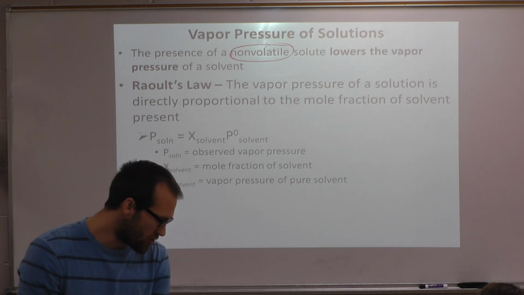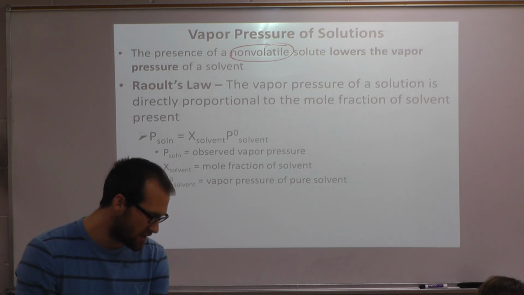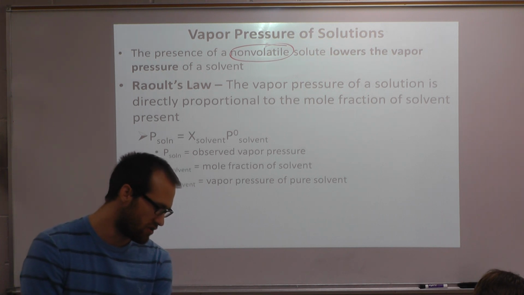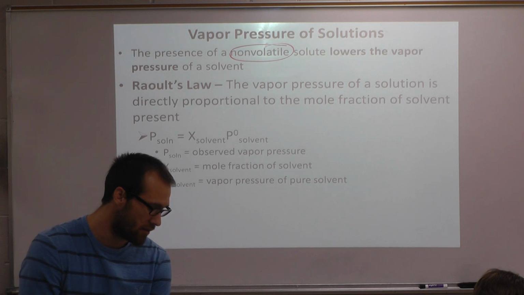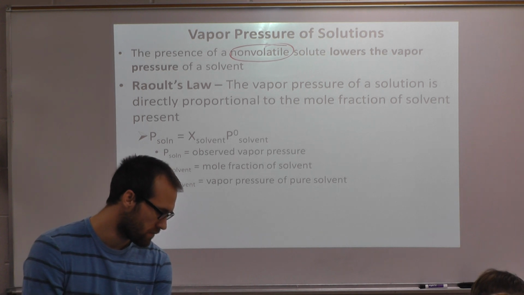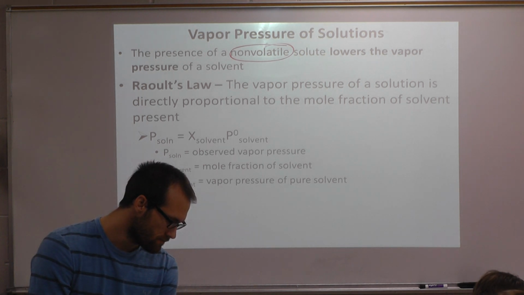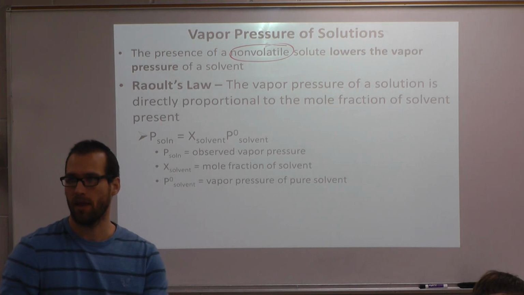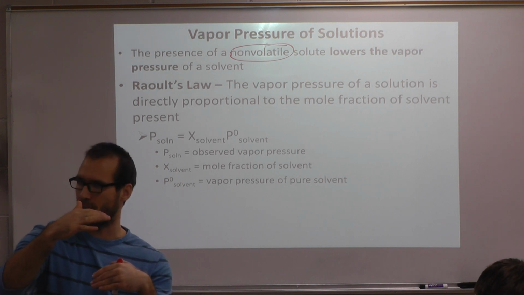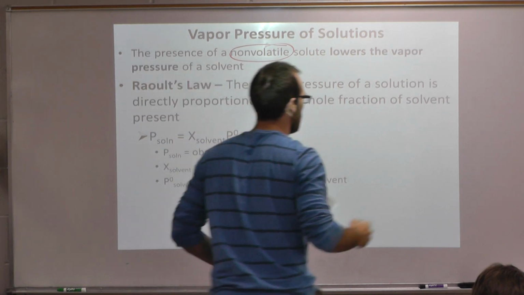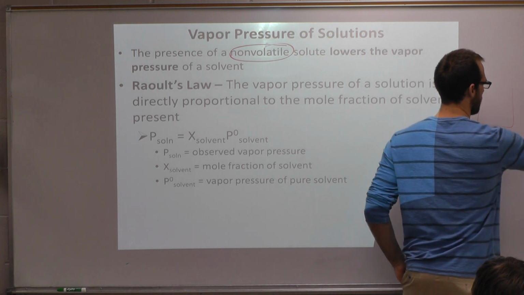And it should proportionately lower the escaping tendency of the solvent molecules. For example, in a solution consisting of half non-volatile solute molecules and half solvent molecules, we might expect to observe vapor pressure to be what? Half. Since only half as many molecules can escape. So if I have half things that don't really give off any vapor pressure and the other half does give off vapor pressure, if we were to compare two things of like volume, so like volume,